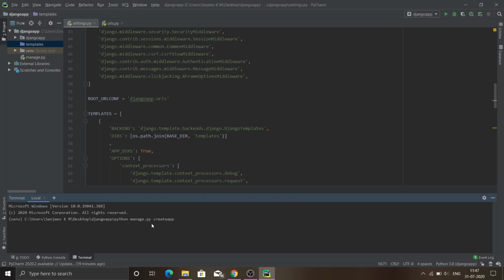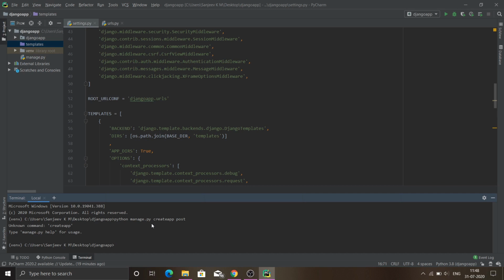Here at this point you need to supply the name of the application. For now, let me say it as post. So this is going to create an application for me in this Django project.